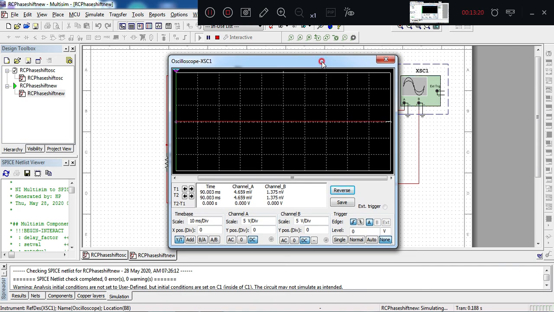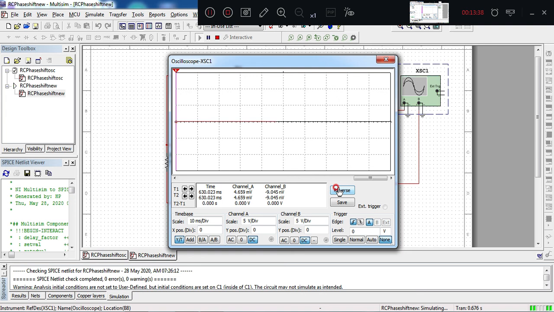Here you can observe that initially the output is 0, so you are not able to see anything. A straight line is running. For a better view you can reverse, and the background will change from black to white.